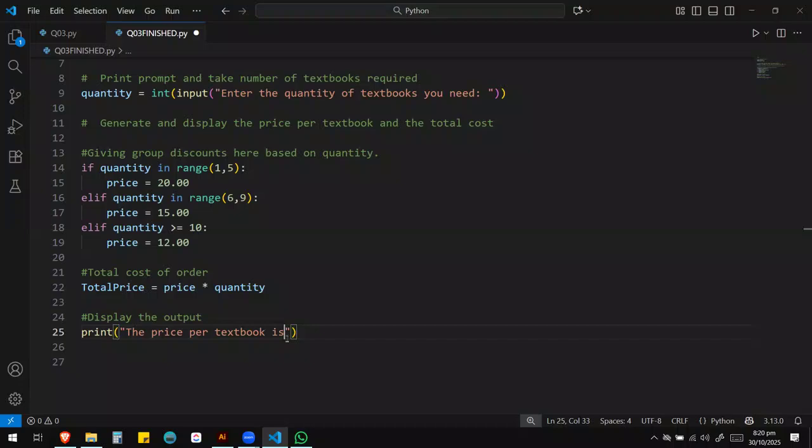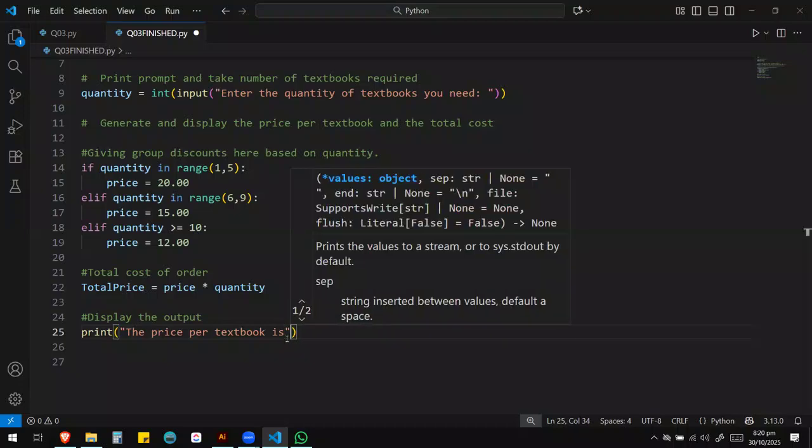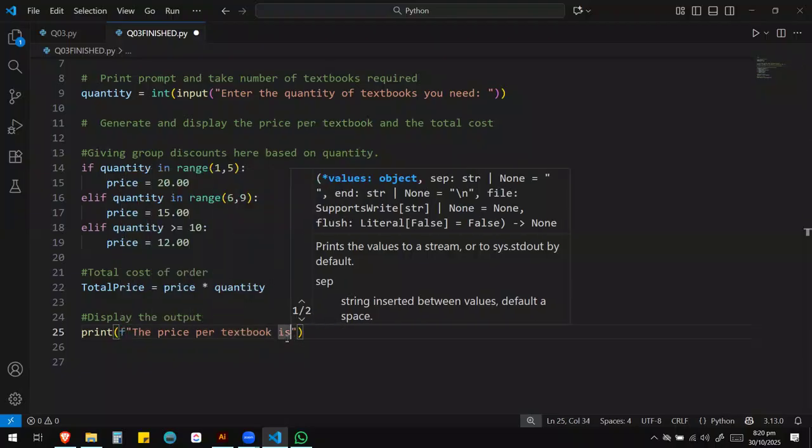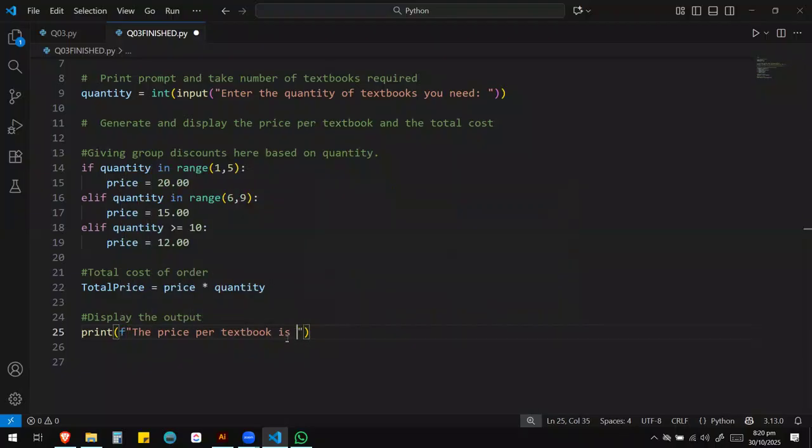Textbook is, and then we'll just mention the textbook price. We can also do F strings. I've already showed you the comma and the plus. You can also do F strings. Because they didn't specify anything like they need concatenation down here, but it would be good if you show it in the concatenation way, so you know how to do typecasting as well. The price per textbook is